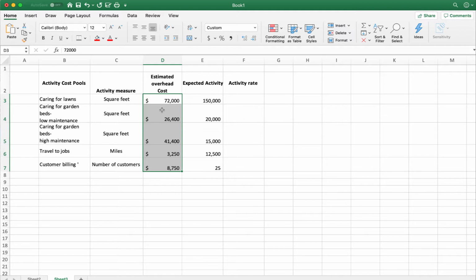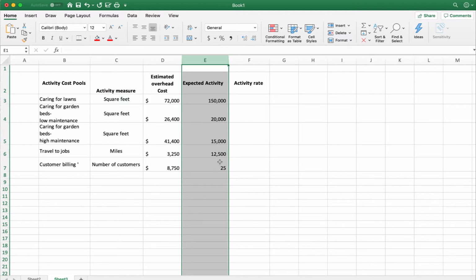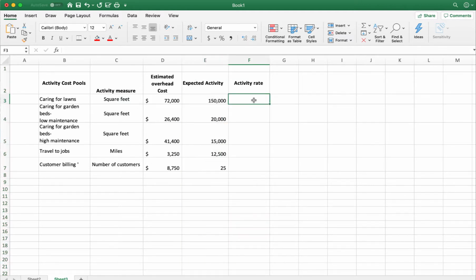Okay, so now we're just trying to calculate the activity rates. If you'll notice here, we have our activity measures, and incidentally, it's square feet for caring for lawns, caring for garden beds, low maintenance, caring for garden beds, high maintenance, travel to jobs, or number of customers for customer billing is the activity measure. We have our estimated overhead costs, and we see here the expected activity. So we can go ahead and calculate our activity rates. All we need to do is divide the estimated overhead cost by that expected activity,